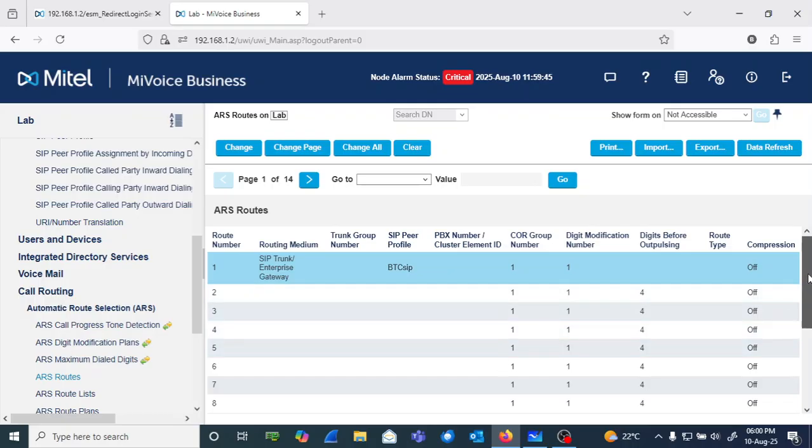So depending on our COR, we might want to do this up to route number 6 or up to route number 15. It just depends on your CORs. So you match your COR, you match your class of restrictions. I'm not going to go into the class of restrictions. It is not the scope of this tutorial. But now what we have managed to achieve now, we have managed to,